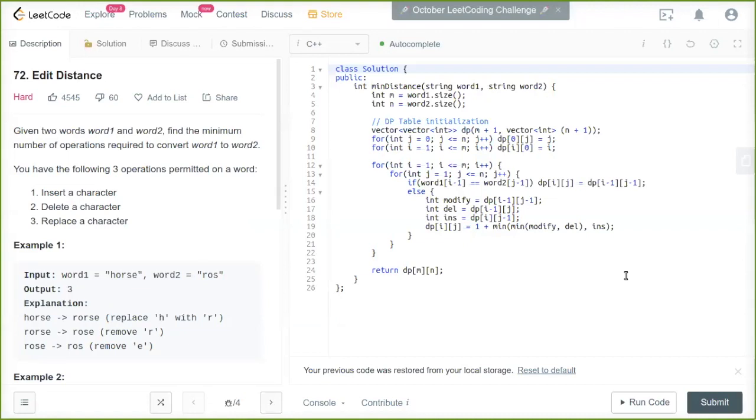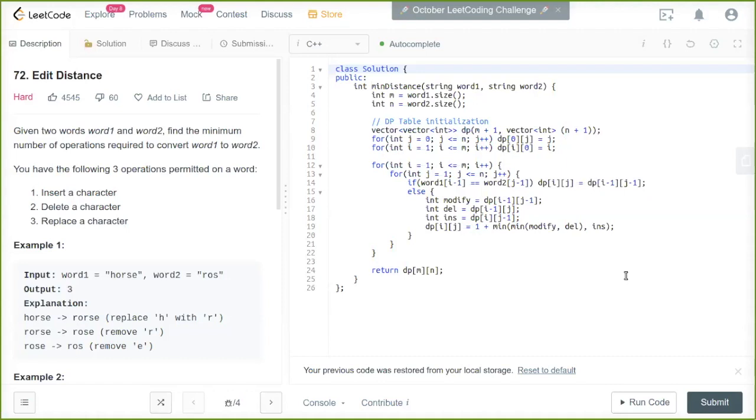There are no recursions here. Here I basically initialize the table with the base cases, and I don't have to worry about the non-base cases being initialized, because I'm not going to touch any cell before it is computed. All right. So whenever I'm at i comma j, I'm computing for it, right? I'm not going to access that value anyway. So look at this. When I'm computing dp of i comma j, I only need dp of i minus 1 comma j minus 1, or dp of i minus 1 comma j, or dp of i comma j minus 1, right? So those are the three subproblems we need, and they're all available.